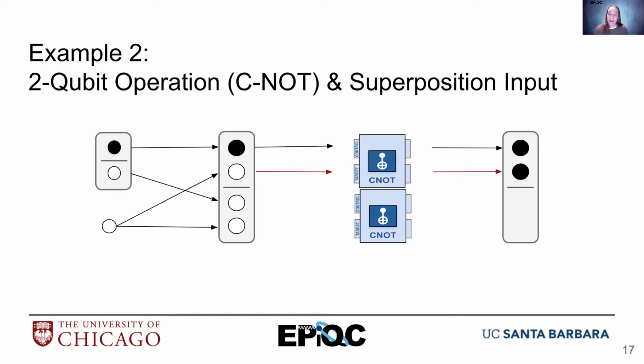And then we have our second C naught gate. And those are both white because the top one is white. The second one does not swap. And so we have a white. So now we can see that our result is that either both balls are going to be black or both balls are going to be white.